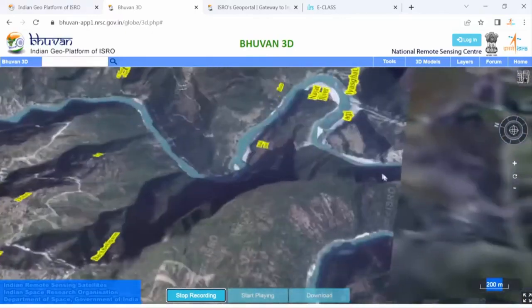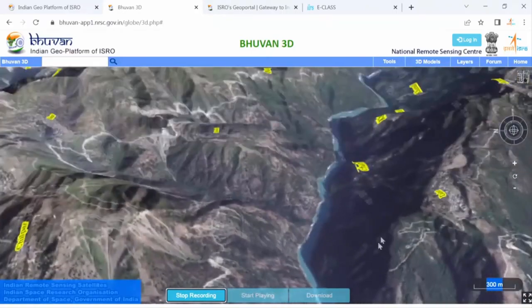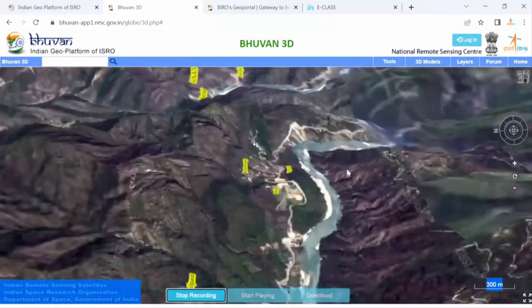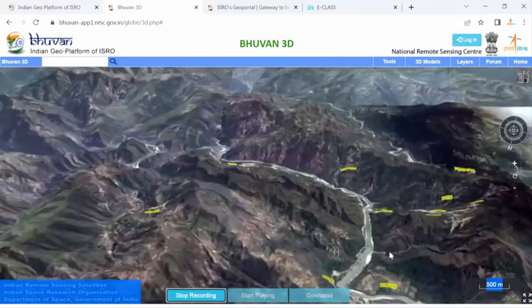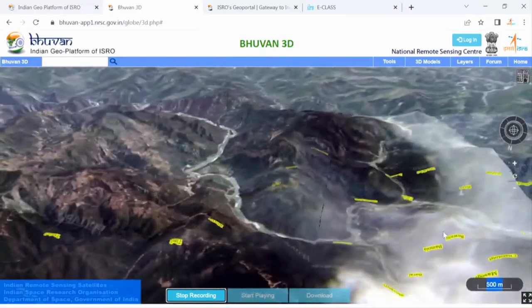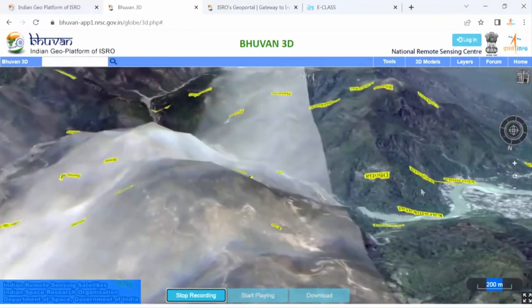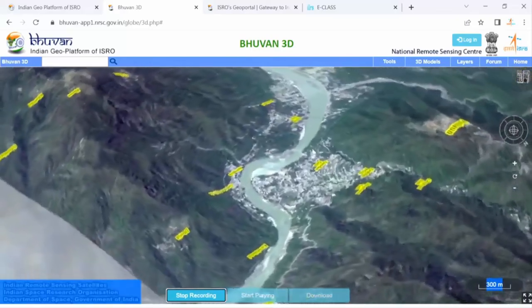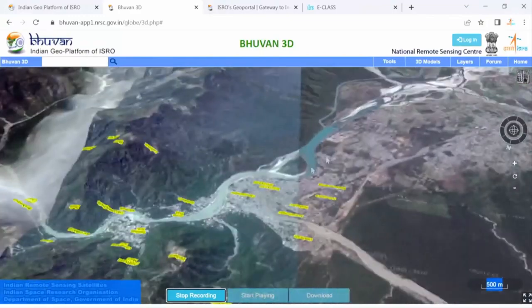I will try to show you the entire Ganga Darshan. You can do it over here in this Bhuvan platform itself. So it goes like this, it is flowing here, and you can zoom down also. Somewhere here we will see how the river reaches one very important tourist place, or religious city, by the name Rishikesh. So this is your Rishikesh area, and similarly from here the river flows and goes back.